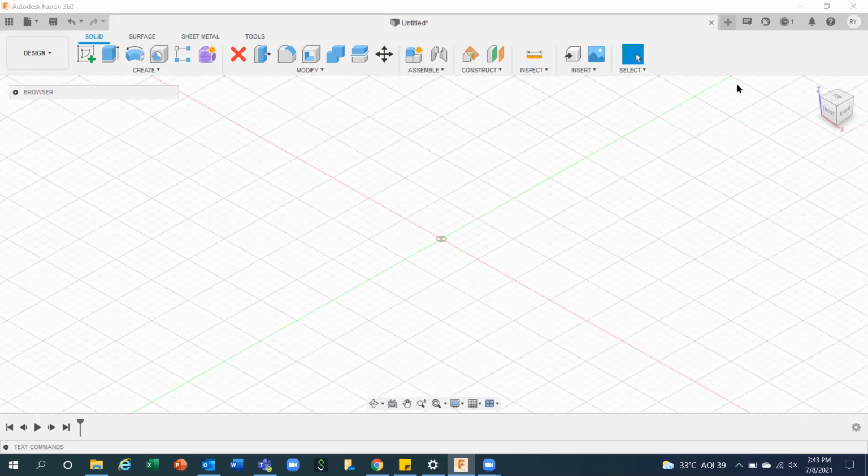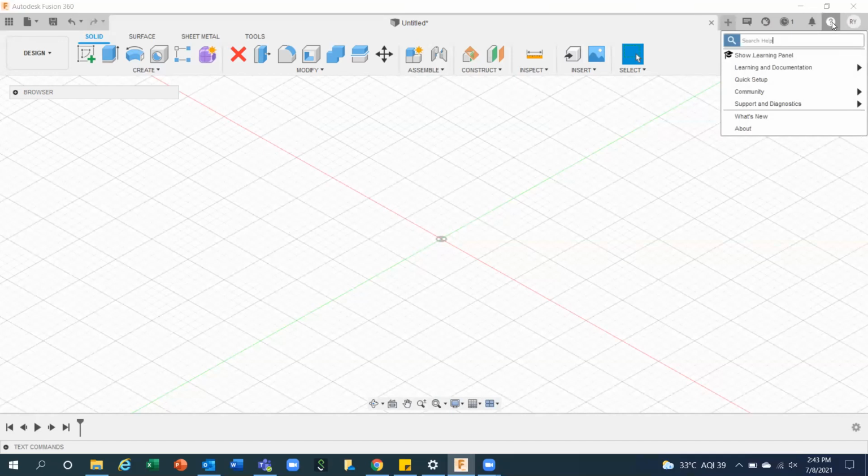No issues. So before coming to your doubts, let me tell you, because I know this is 1.5 hour session, it will be difficult for you to complete everything and it will be difficult for you to remember everything. So just to make your work easy, if you go to your profile, right hand side, just near to that, there is a question mark called help. Just click to help, and there is an option called learning and documentation.